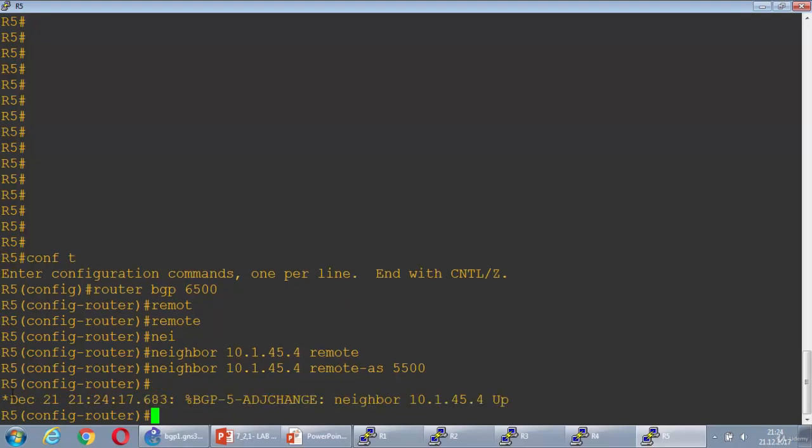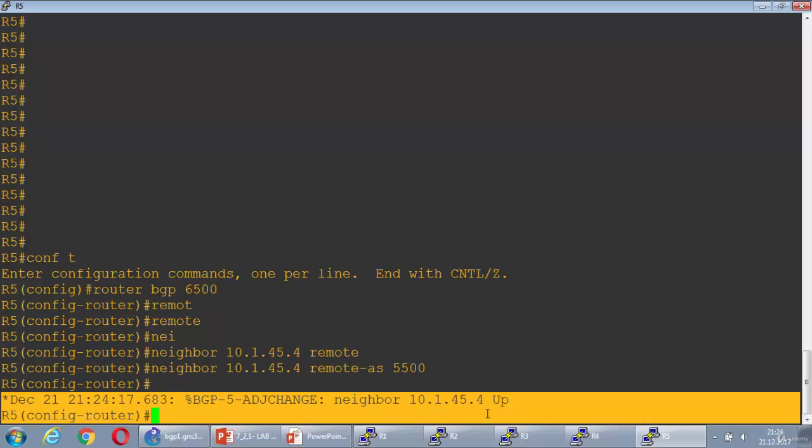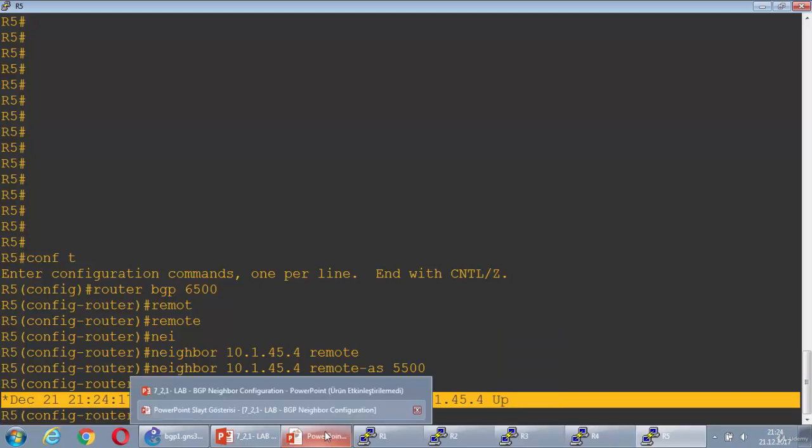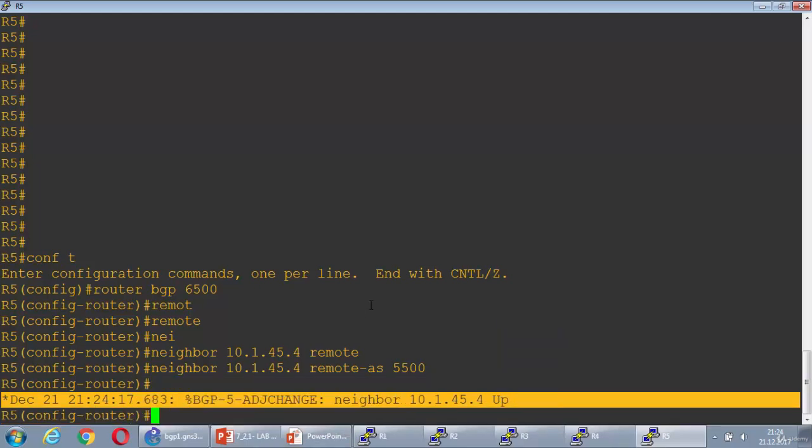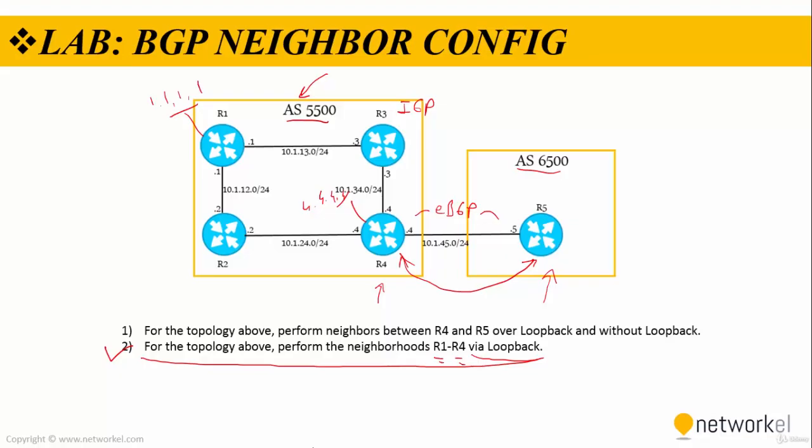Alright, that's cool. I haven't configured anything else. I just configured a neighbor and remote AS statement, as you can see, to peer from the directly connected interfaces. Okay, I have peered by using these IP addresses, and I provided peering between router 4 and router 5. If I want to make them neighbors from their loopback addresses, what I need to configure is